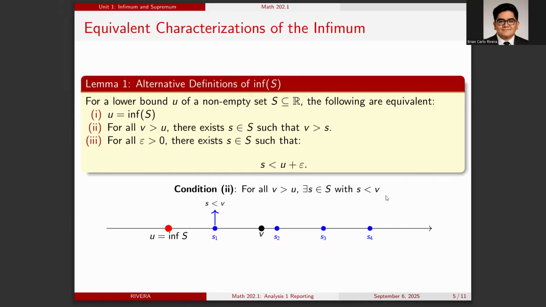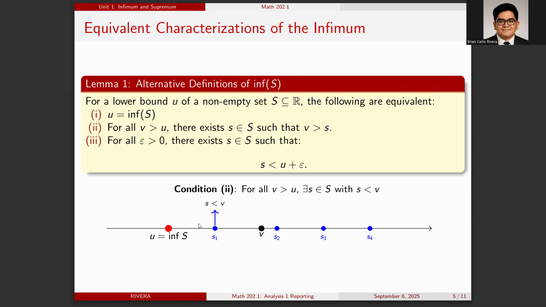Number one, U is equal to the infimum of S, and you can say it like this: for all numbers V greater than the infimum U, V is no longer a lower bound. So there should be an element s between U and V, such that V is greater than s. So in pictures, you can see